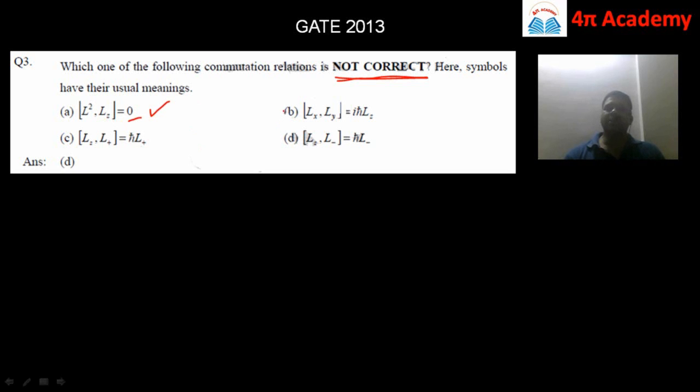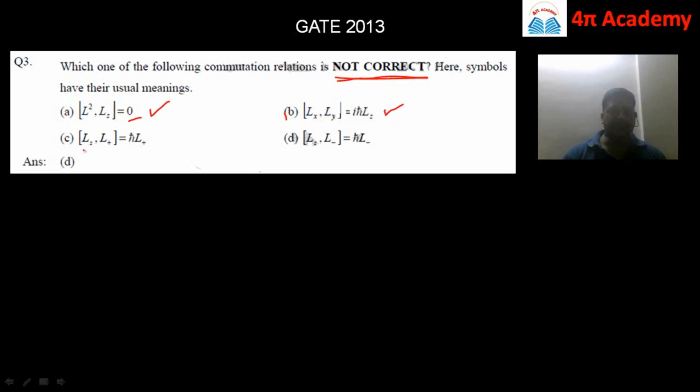Then we have also seen this commutation relation, that is Lx comma Ly, since these are the components of orbital angular momentum in different directions. We have also seen the commutation relation of Lx comma Ly, and it is always equal to i H cross Lz. So if you remember the order, its value is i H cross multiplied by the other orbital component of angular momentum. So if it is xy, then it is z over here. So this relation is also true.